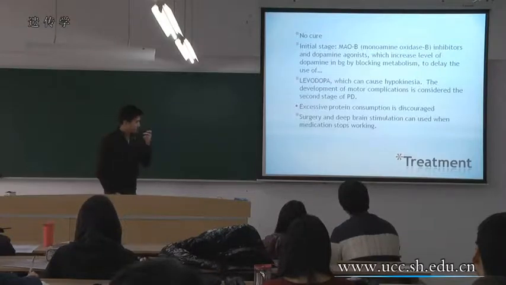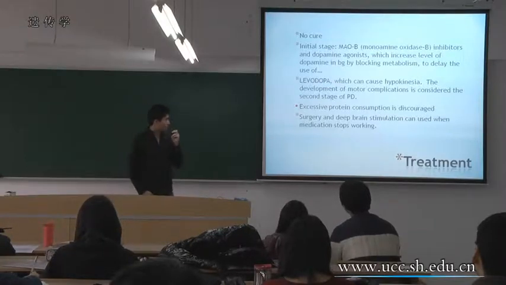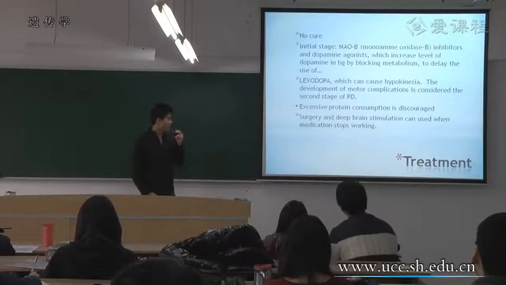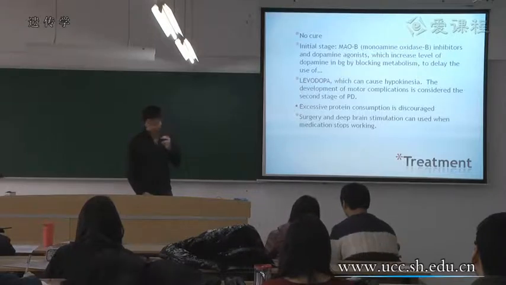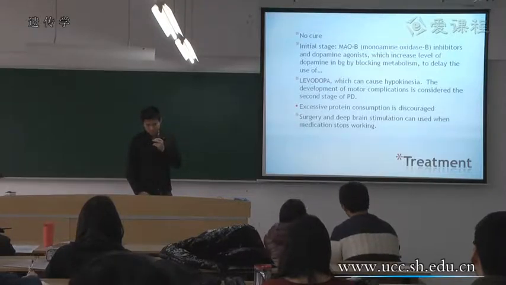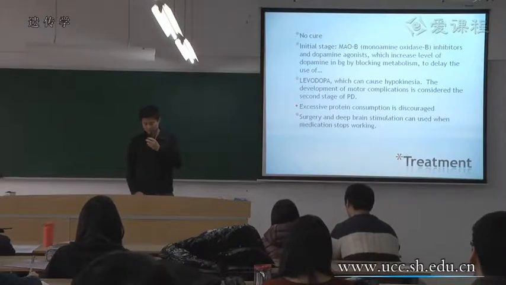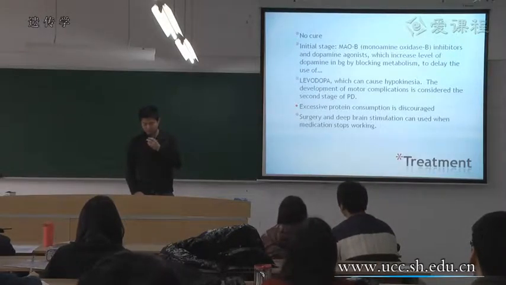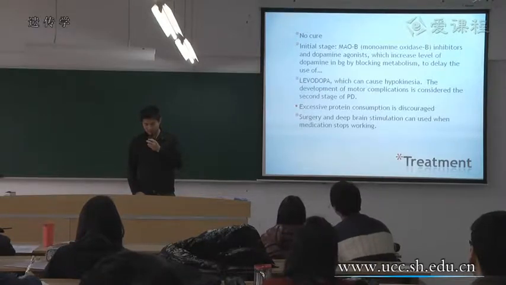The reason they use this drug is because they want to delay the use of the main Parkinson's drug, which is levodopa. And the reason they want to delay the use of this drug is because it causes hypokinesia, and they consider that the second stage of